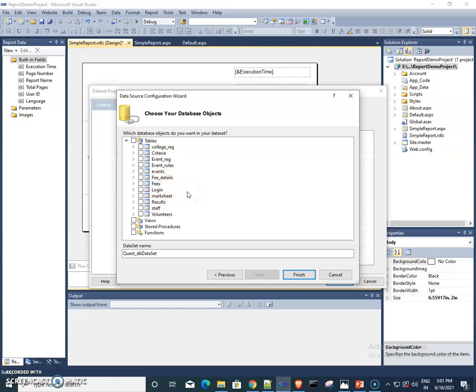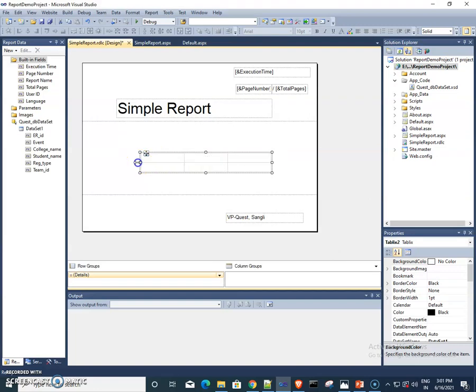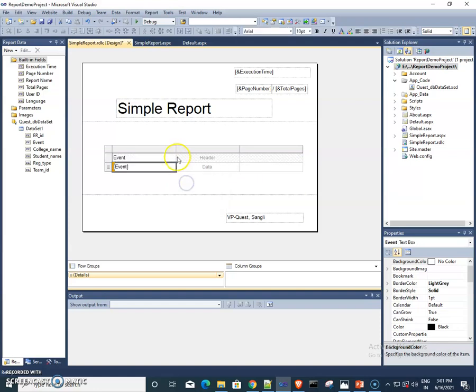Then if I want to select event registration, I select this event registration table because I want to show data from this table. If you want to show data from multiple tables, then select all those tables and then click on finish. Then these are the fields from that particular selected table, and click on OK. Then in this table we can add the columns like event, which is the event.